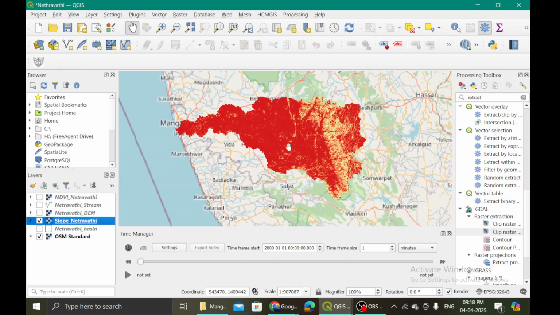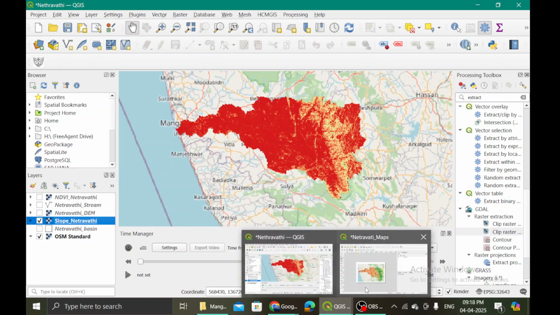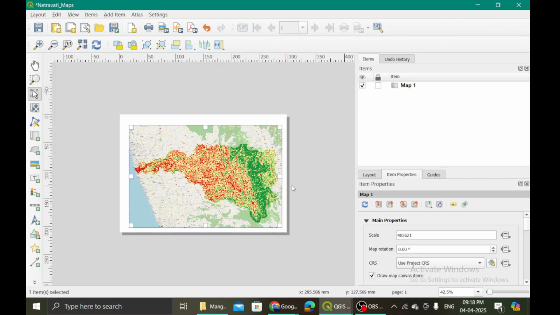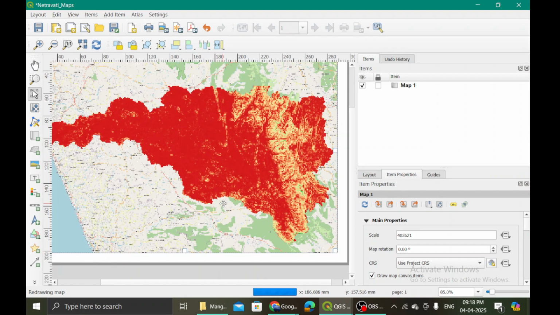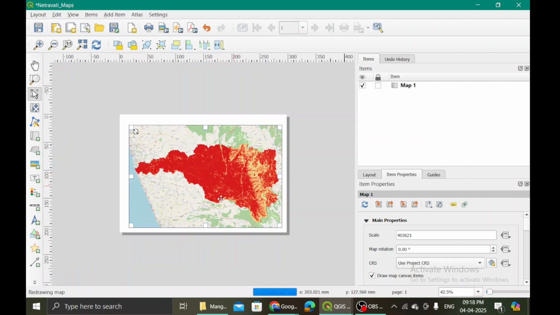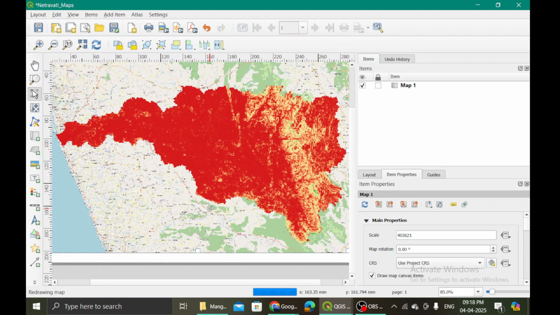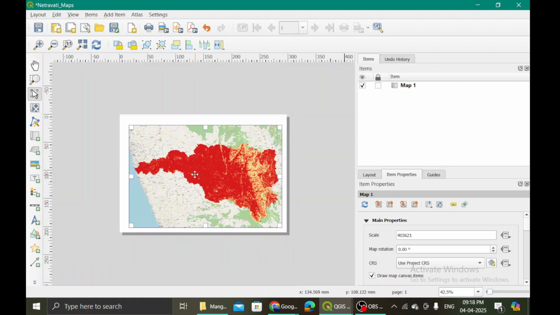So if I have made changes over here to the symbology, and when I come over here, what I will see is that the changes will be made applicable to this map. So you just zoom in, zoom out, and you will be able to see that the changes are applicable to your map within the layout. All right, so I seem to be fine with this. So we will move ahead to the next one.